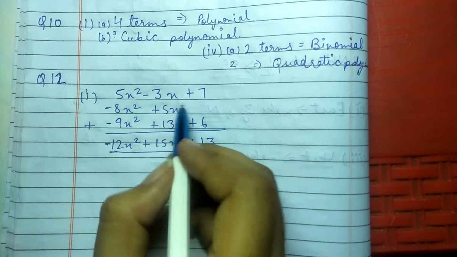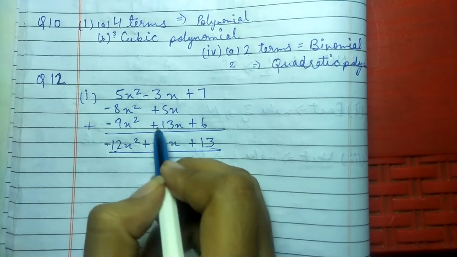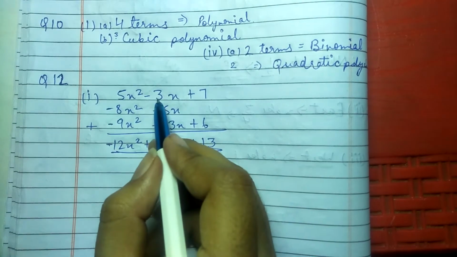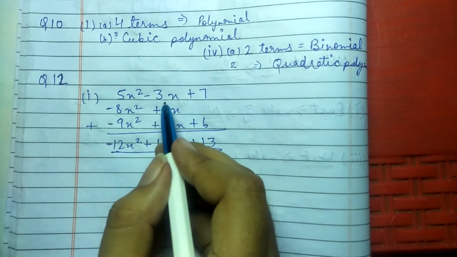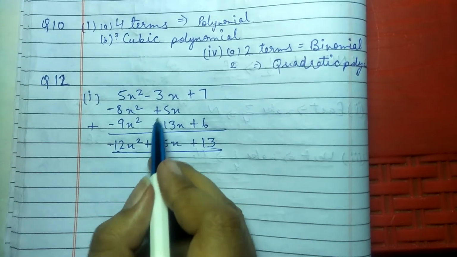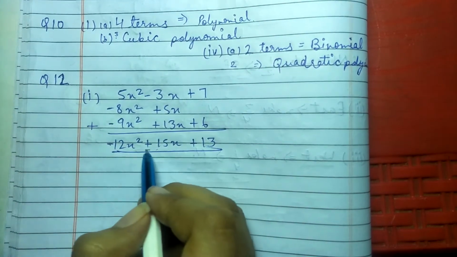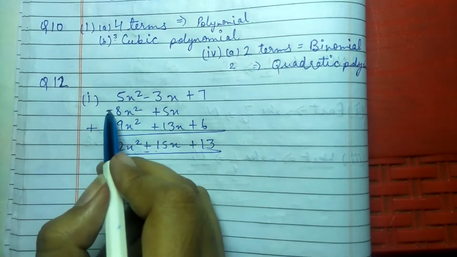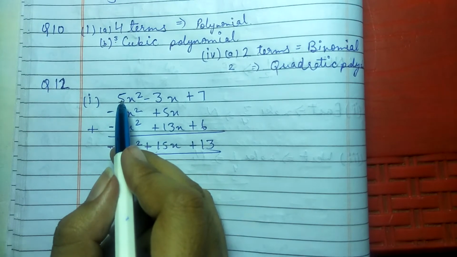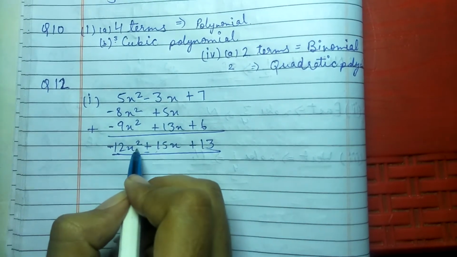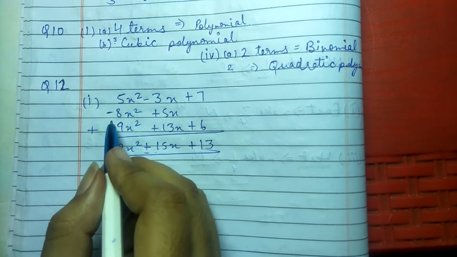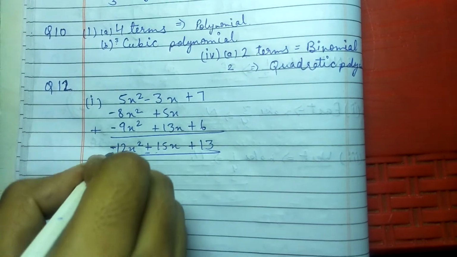7 plus 3 is 13, then both are positive numbers, so if you add it, it will become 18 minus 3, because this is negative we have to subtract it, so 18 minus 3 will give you 15x, and the number 18 is greater than the minus 3, so we'll put the positive sign here. Here you can see the same sign is 8 and 9, so this will become 17 minus 5, so it will be 12x square, and you can see this 17 is in negative form, so we'll write the negative sign in this.